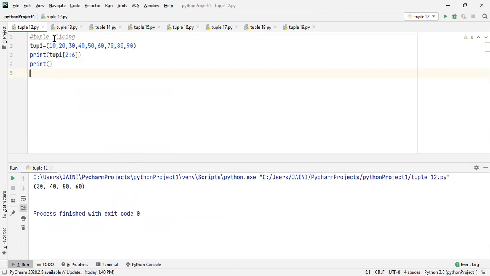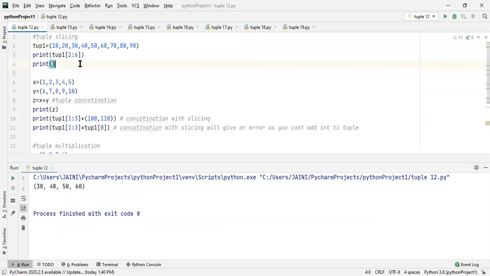Index value 6 has not come. The index at the last limit is not included in the tuple slice. The tuple slice is a tuple in itself, and we can perform any operations we want on this.